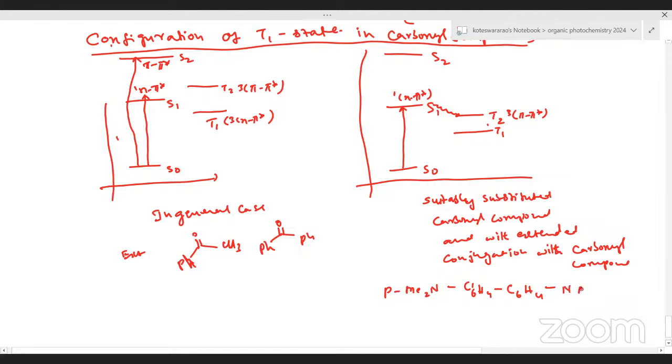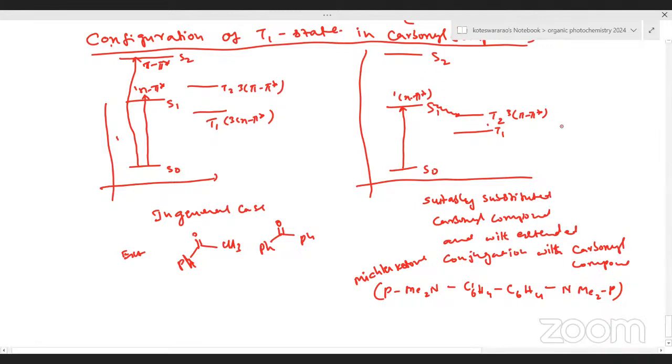This name is Michler's ketone. Michler's ketone, some acetonaphthone, 1-naphthaldehyde, phenyl benzophenone, para-phenyl benzophenone, compounds like these will show this kind of